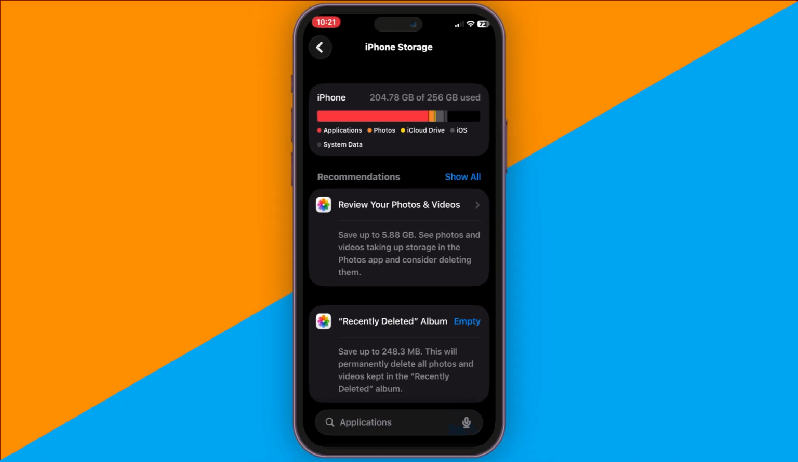And that's it. Now you know how to find both your total iPhone storage and how much free space you